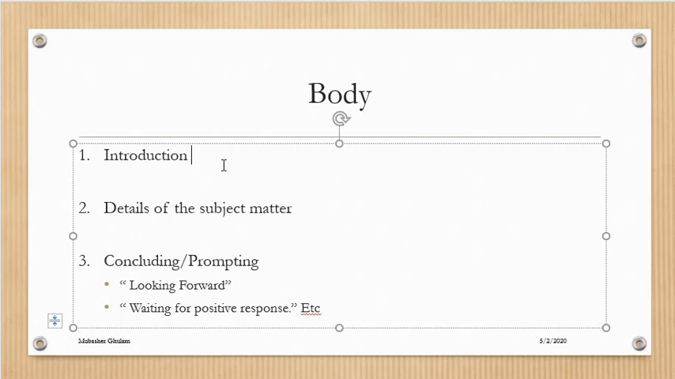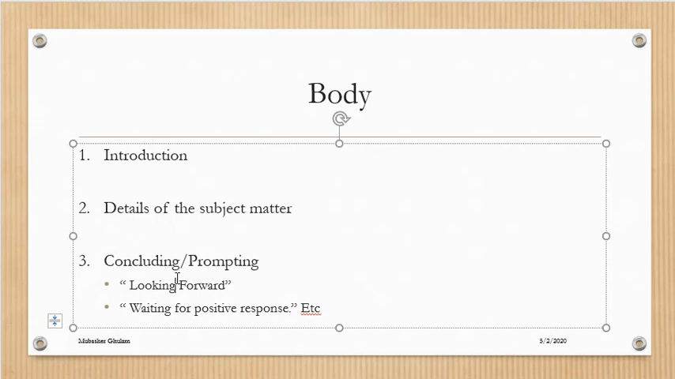So in the introduction you are writing that this letter is being written to get the price list of the items. Then details of the subject matter: here you will discuss that we need the following items. Then you can enlist those items in a table, or you can write out that we need these items in paragraph form. If they are very few, then in paragraph form you can give the detail of the subject matter. And at the end,